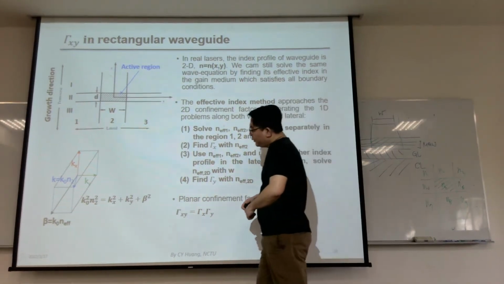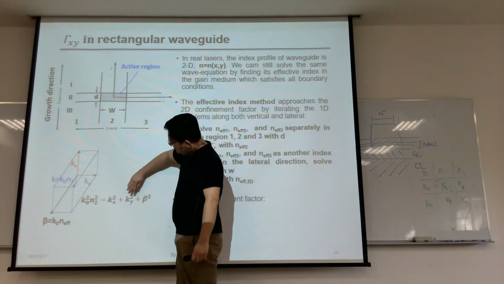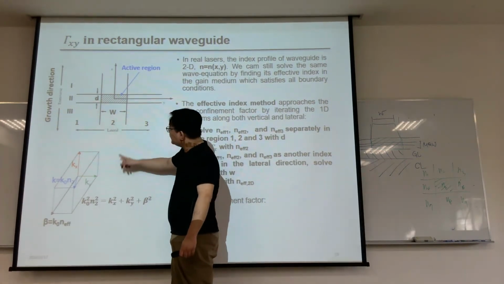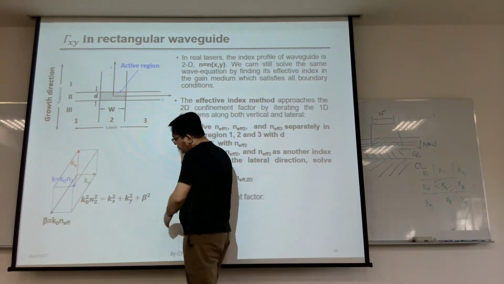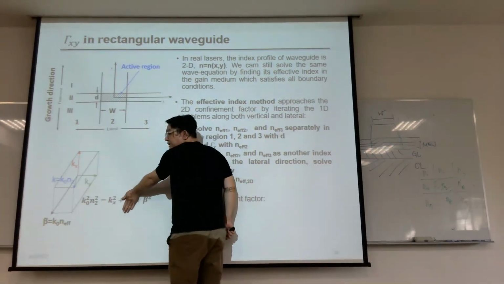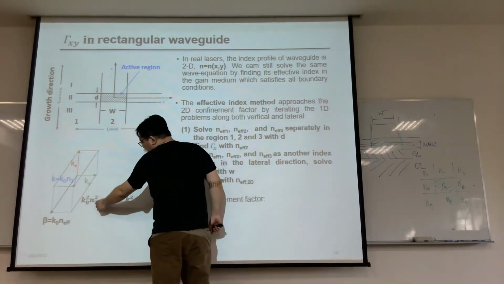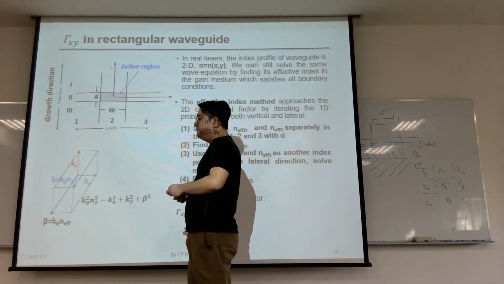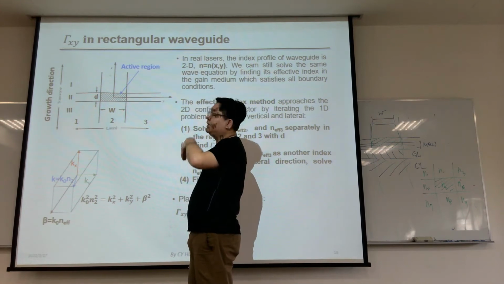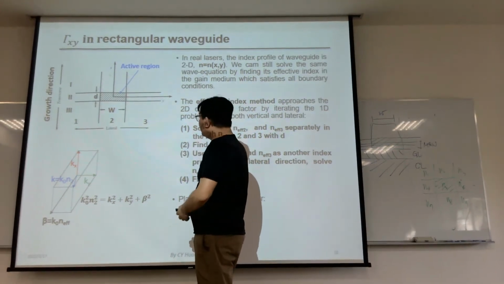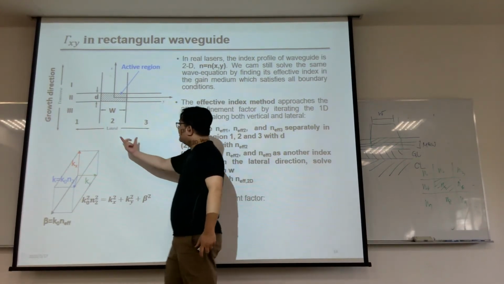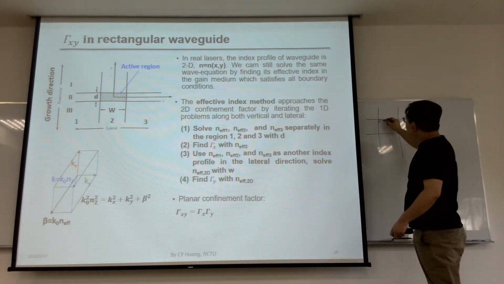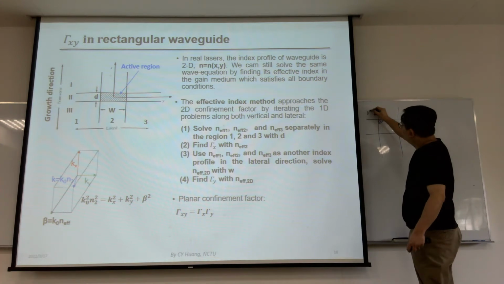So we can argue this term first. If we assume this term doesn't exist, then this is the case of vertical confinement with the slab waveguide. So we can take this part, since this is the etched region. This is the etched region. So N1